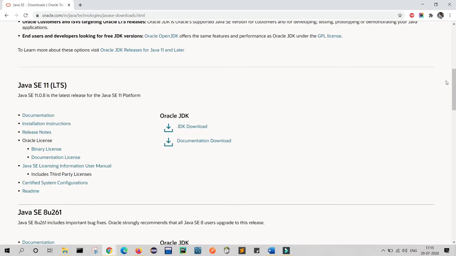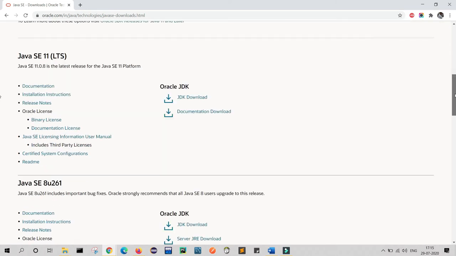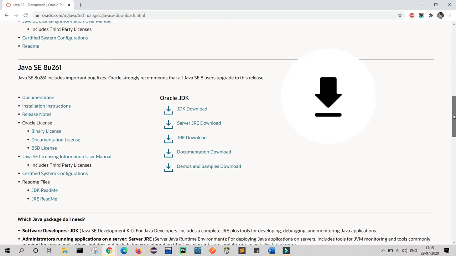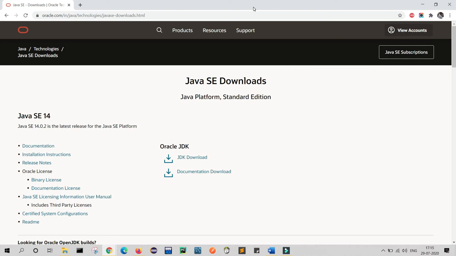Here, as you can see, it is Java JDK 14.0. I have already downloaded and installed it, so I am not doing it again, but I am showing you how you can download Java. This is the site where you can download it. I will share the link in the description box. You can go directly from there and download it.